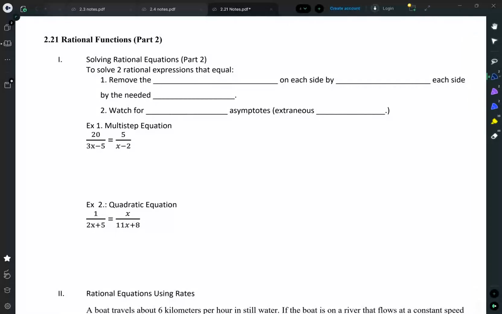Hello class, this is section 221, Rational Functions Part 2. What we're really doing is solving rational equations. So our first step is going to be to remove the denominators on each side by multiplying each side by the needed factors. We want to make sure to watch for vertical asymptotes,